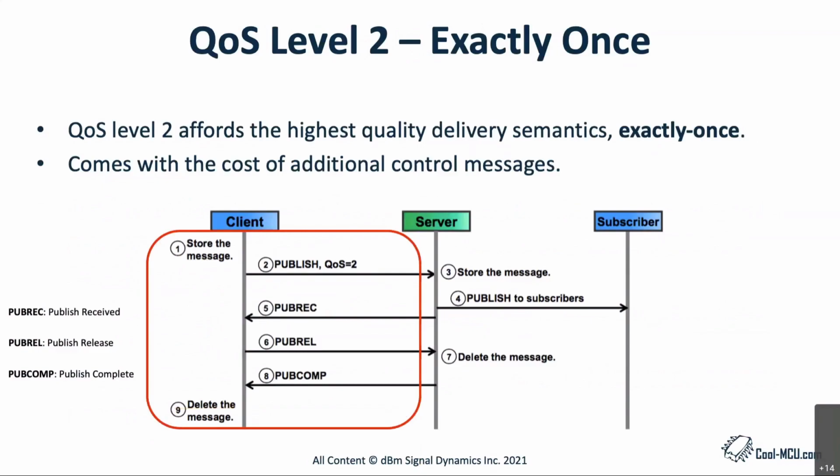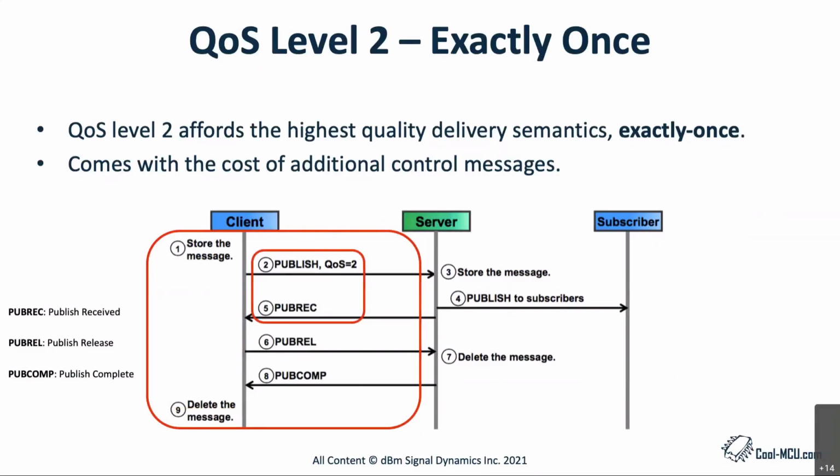Here we see the publish message sequence for QoS 2 delivery assurance. This is the highest quality of service, for use when neither loss nor duplication of messages is acceptable. It is provided by at least 2 request response flows between the sender and receiver before the message is deleted from the sender. In the first pair of transmissions, publish and pubrec, the sender transmits the message and gets acknowledgement from the receiver that it has stored the message.